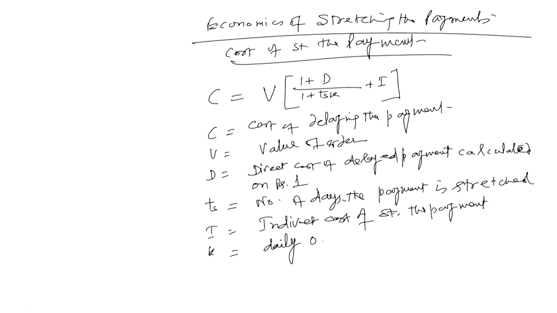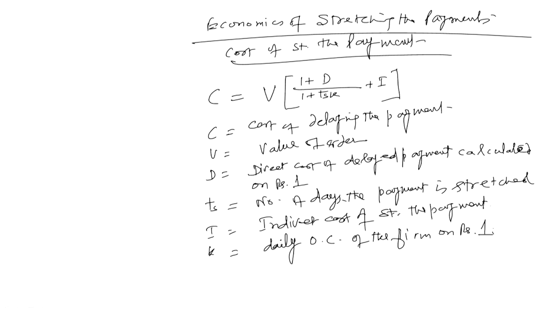daily opportunity cost of the firm who is delaying the payment on rupees 1, because if they are delaying the payment, it means they have to pay the penal rate of interest. They should be paying the penal rate of interest if they are investing that money by not paying it to the supplier, they are investing it elsewhere and they are earning more than the penal rate of interest, then it